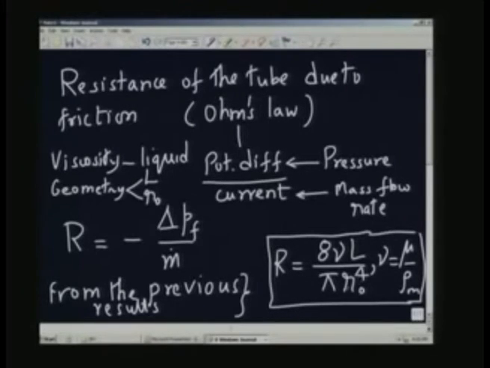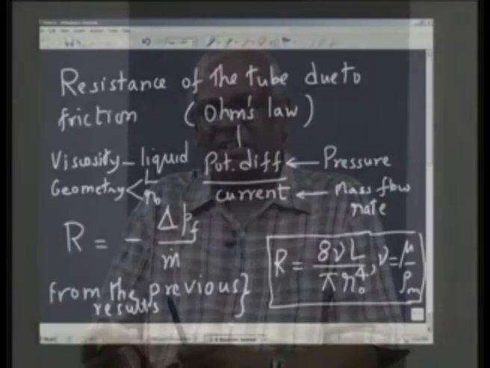And you see that there is a r 0 to the power of 4. If you take smaller and smaller radius, the resistance becomes larger and larger, and therefore, if you take a U tube manometer with very small diameter for the U tube, you will have possibly overdamped condition. And again, if the length is very long, if you have a very large column for the liquid in the manometer, you are going to have a large resistance, because L is occurring in the R here. Okay, the long length and small diameter are going to drive it towards overdamped condition,